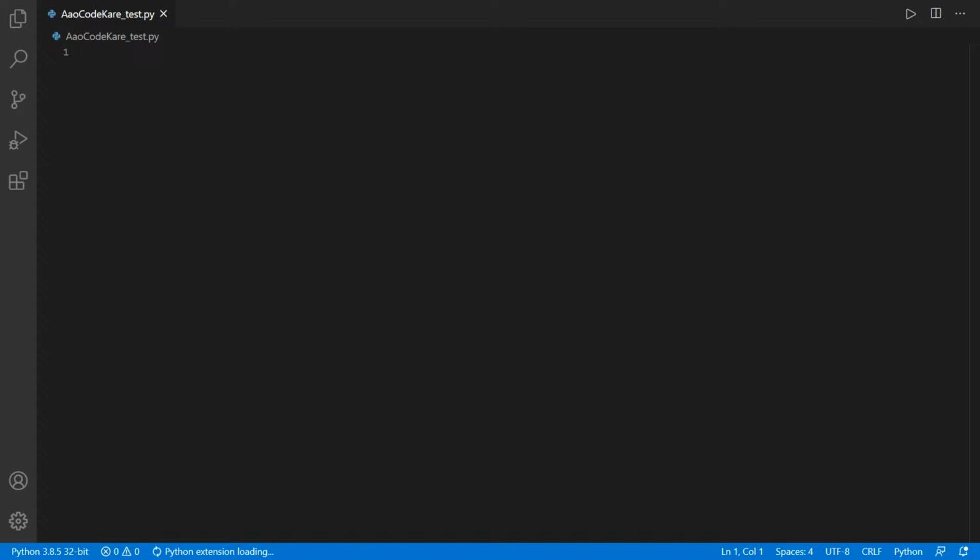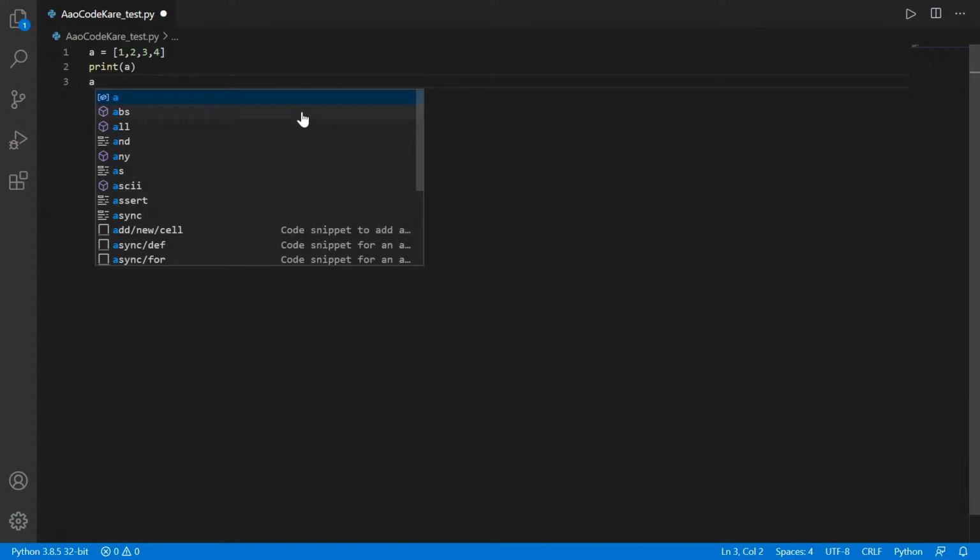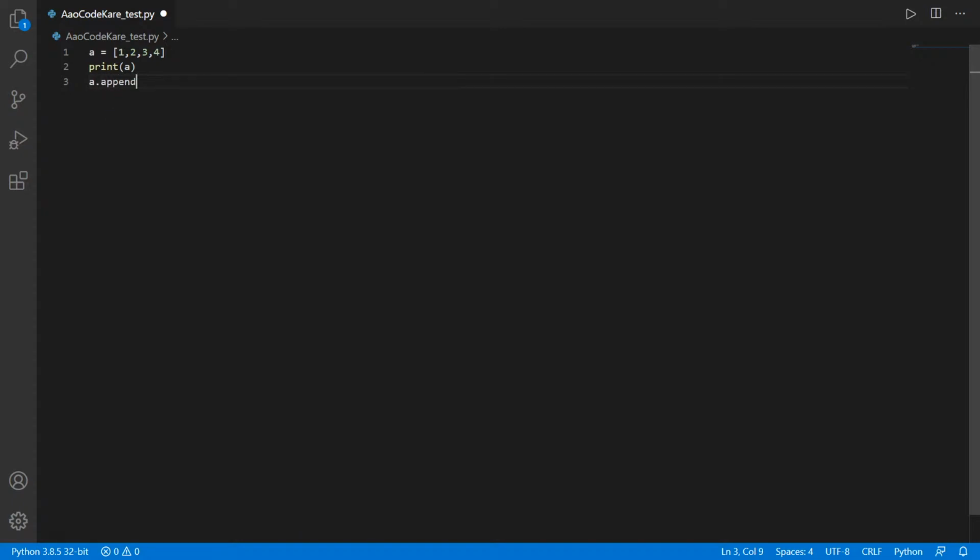So about the append thing: a is equal to, let's say, 1 2 3 4. Now let's print a, and then let's append to it. The thing you want to append to, write a dot append. We are going to learn these things ahead too, but you can summarize them with these little things. Append, let's say 777.